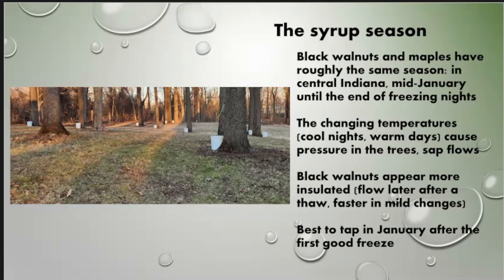I have heard from an academic that there are producers in the mountains of Eastern Europe near Russia, where they have vacuum taps where they keep them running from November all the way through March. So there's some possibility of that. There is also